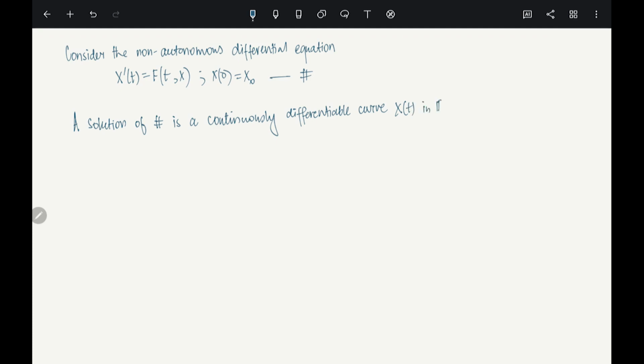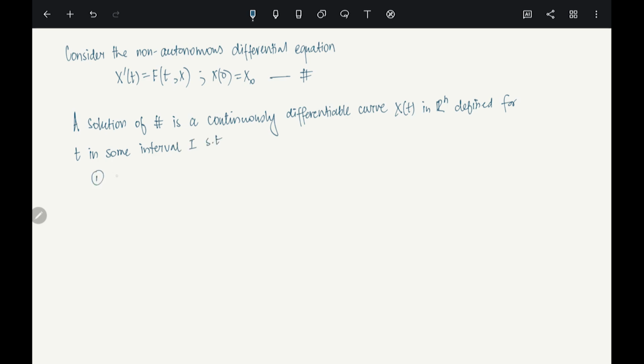In Rn. Clear? Defined for t in some interval, let's say I, such that